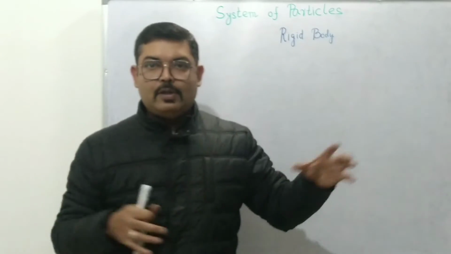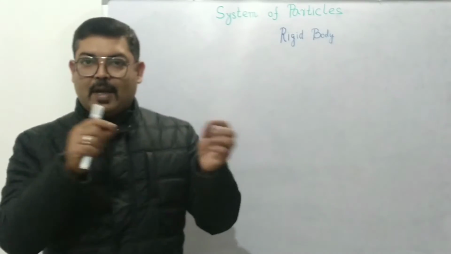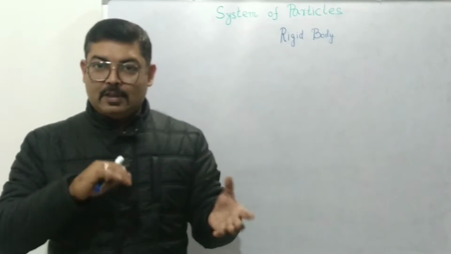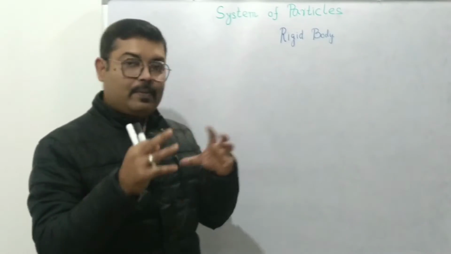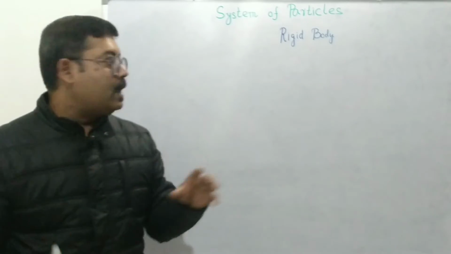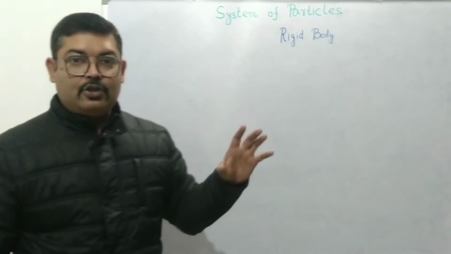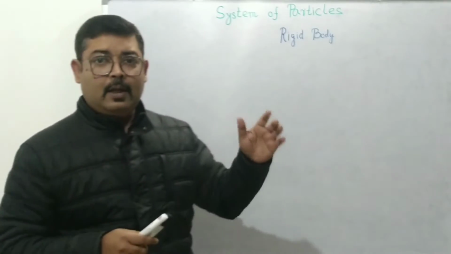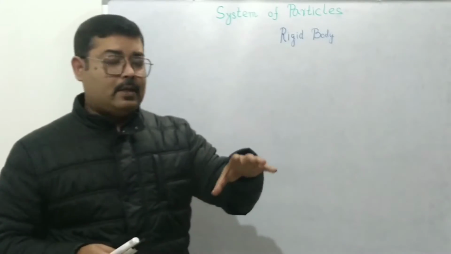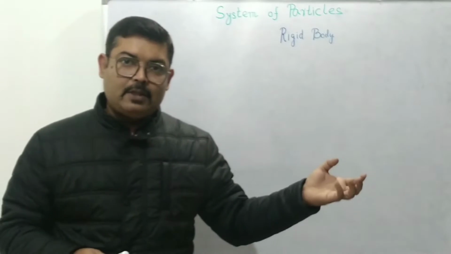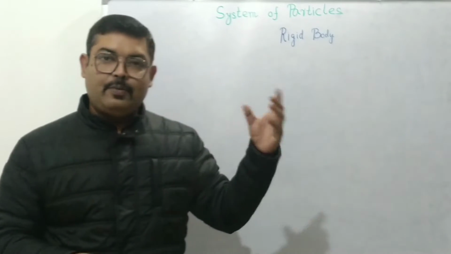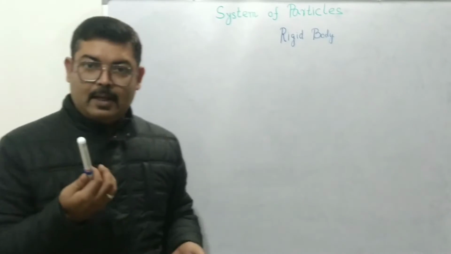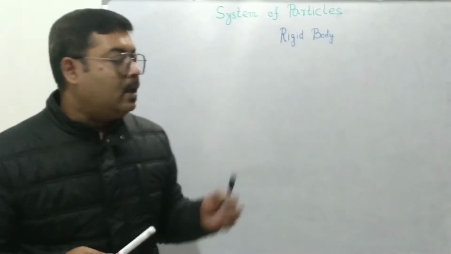So when the air molecules are moving about, then the center of mass might be changing, right? However, in case of rigid bodies, the particles remain fixed at their relative positions, and so they will not move. When we talk about the translational motion of a rigid body, it being a system of particles, whether with a discrete distribution of masses, as we have just seen, or a continuous distribution of mass like the pen or the duster,